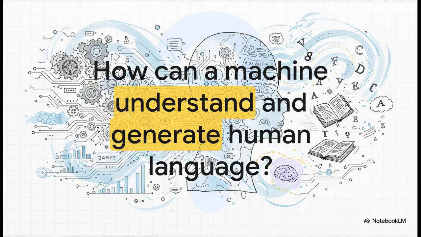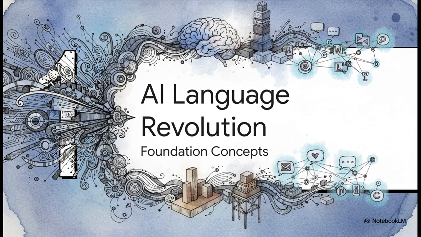The one that really drives this entire field. How can a machine possibly understand, generate, and even manipulate human language? It feels like magic, right? But as you're about to see, it's not magic. It's all about statistics and a whole lot of scale. And make no mistake, we are right in the middle of an AI language revolution. And for good reason. For anyone in the IT world, understanding these core concepts is not just nice to have anymore. It is absolutely essential if you're going to build the next generation of reliable tech.